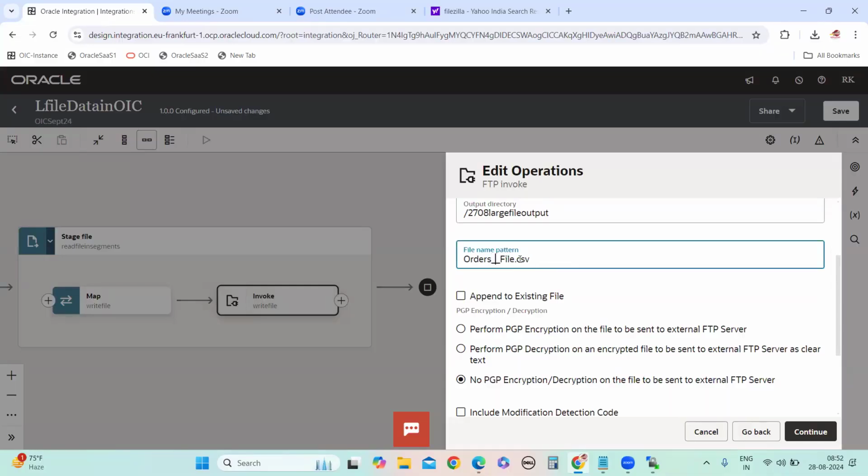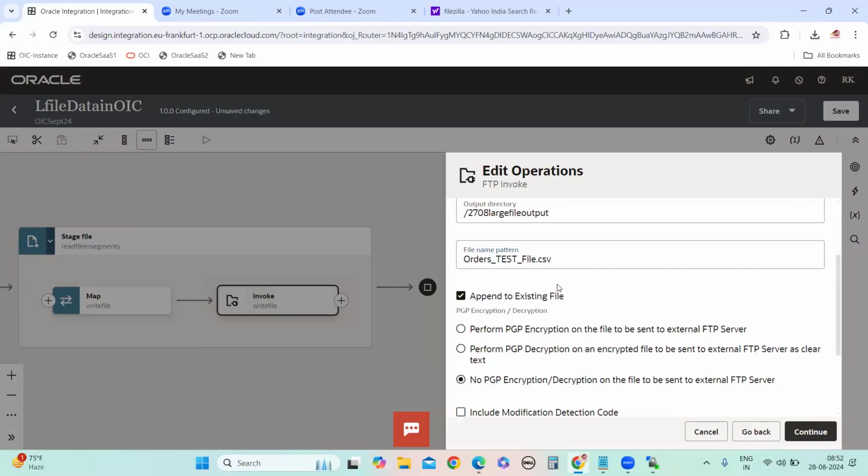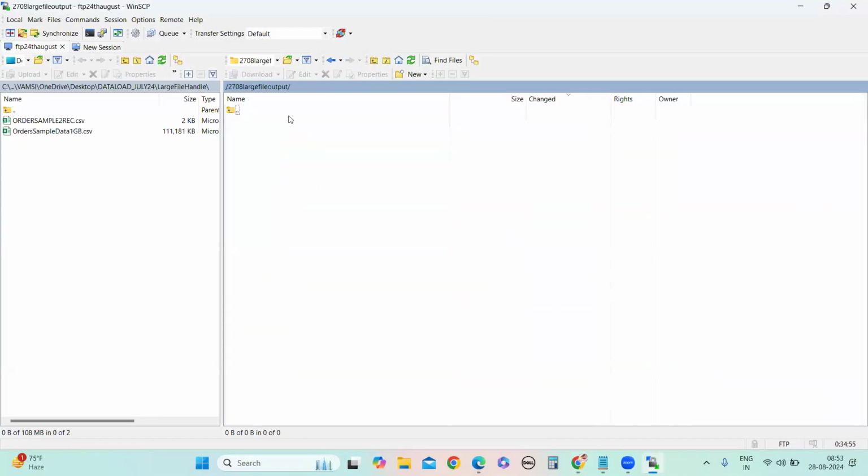Only single file. Append to existing file. Append to existing files. So use this option. File name pattern, if it is not the same, nothing will happen. We are copying from there, right? File name pattern from WinSCP in the previous. Correct. So if it is not matching, then nothing is going to happen, right? Yeah, nothing. This name can be anything.